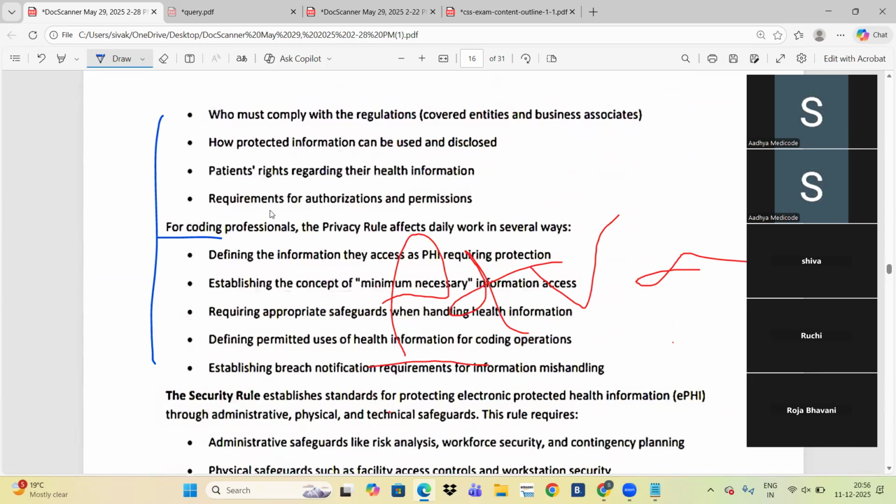Go through all these points once you can read.